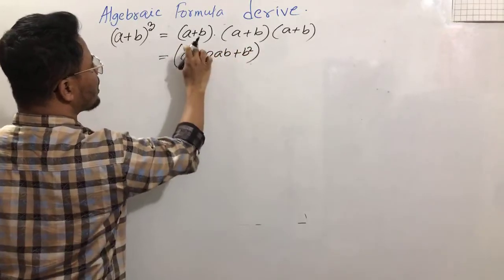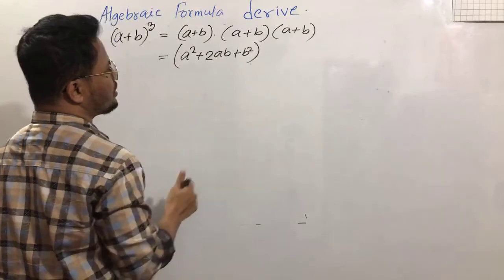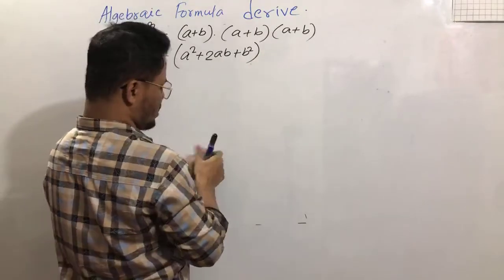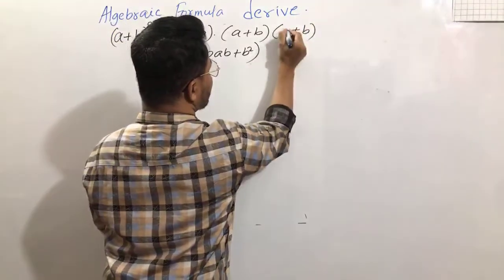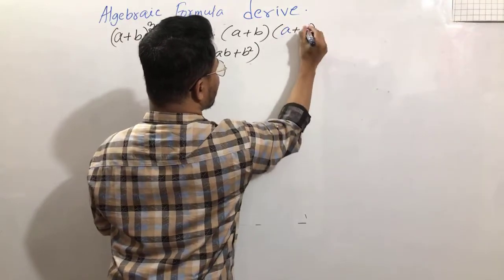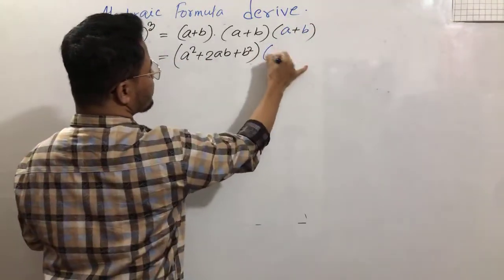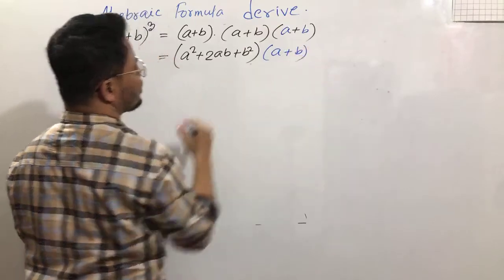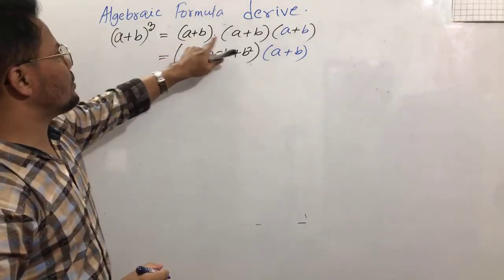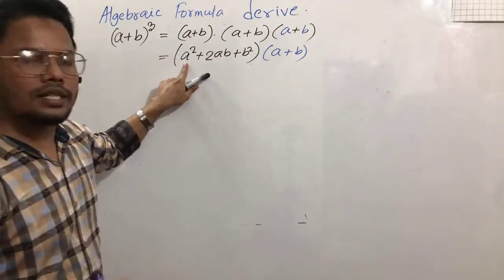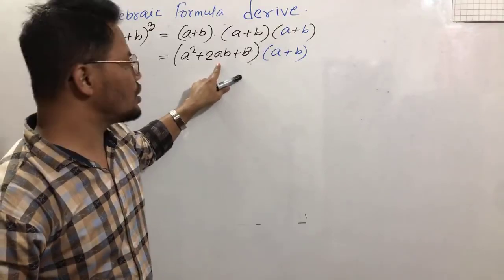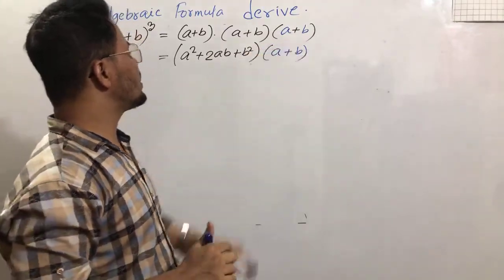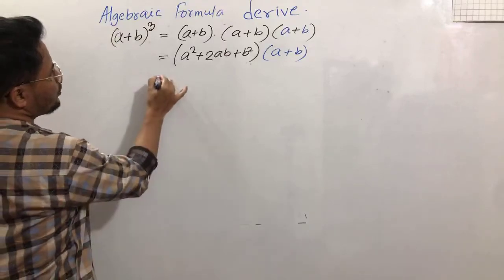And if we multiply A plus B with A plus B, I think this is maybe easier if we write it in blue color, and this is now the other A plus B. First we will multiply A plus B with A plus B. The result is A square plus 2 times of AB plus B square. This one remains the same.